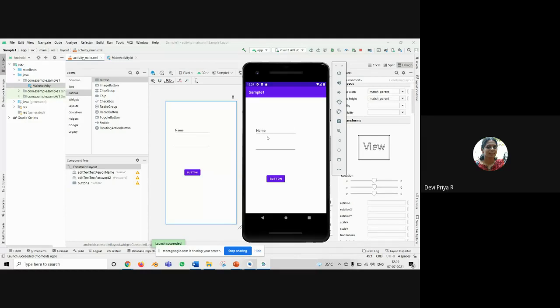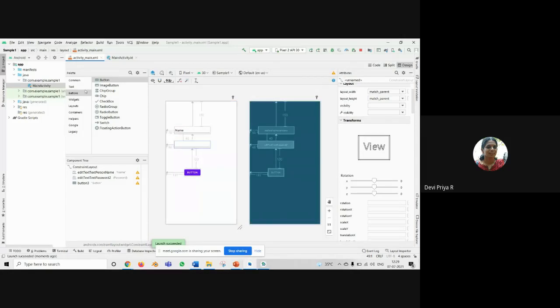See, this kind of pattern now I have, and when I click the button, I have not given any option. That means the on-click event is not specified, so it's just working. So now I think you have all understood how to position these objects, right? And now I'm going to show how an image can be added.